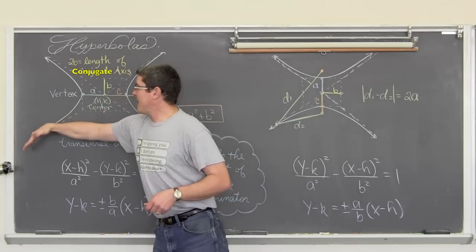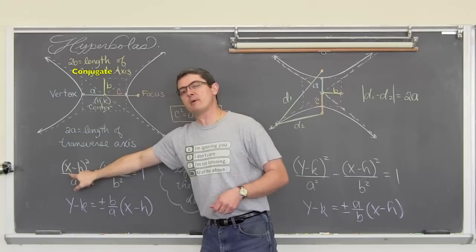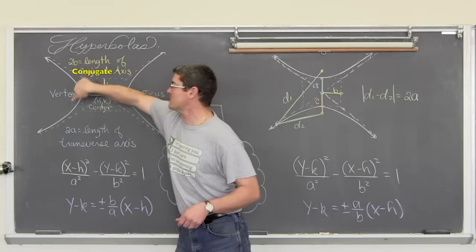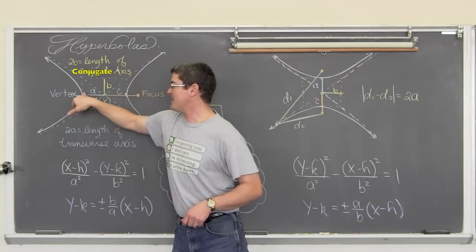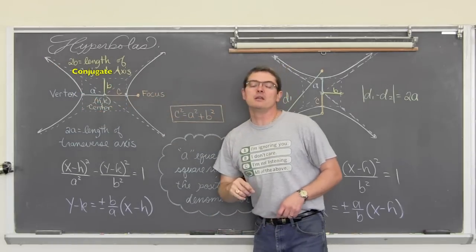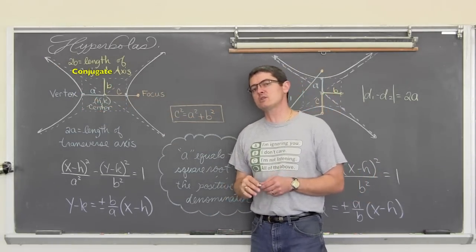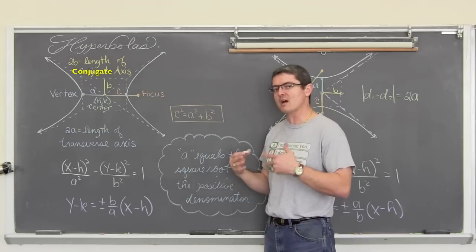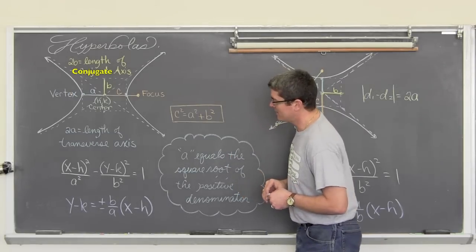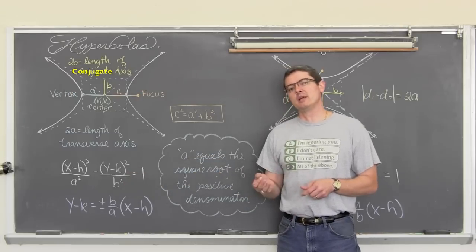We draw these asymptotes, and because again the x is in the positive fraction, we're going to draw horizontal opening hyperbolas passing through those vertex points and approaching the asymptote lines. And the hyperbola is the only conic section that has asymptotes. Let's compare this graph and this information to ellipses.